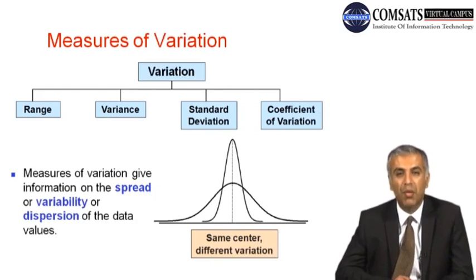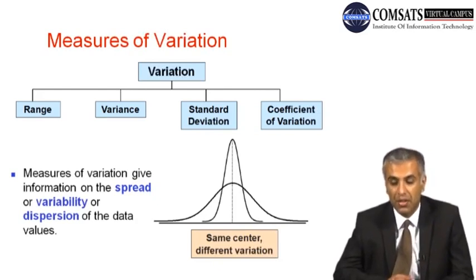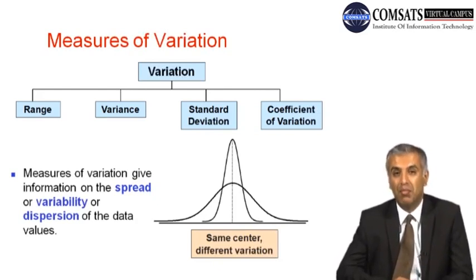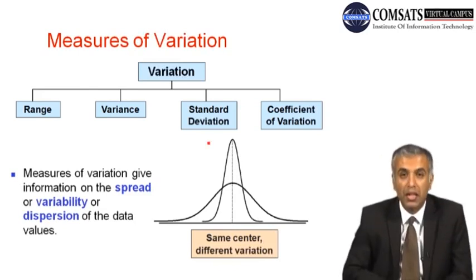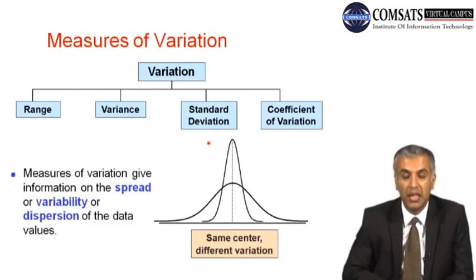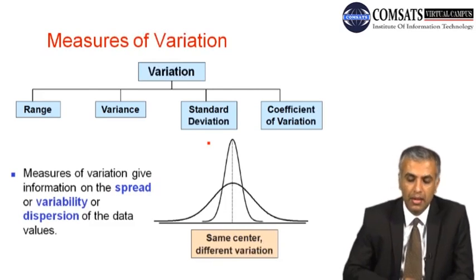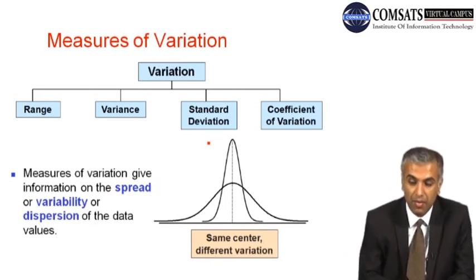So the central point, which is also the average or the mean, is the same, but the spread of the data is different. So from these two curves, you can see that we have discussed that they have got the same center, they have got the same mean, but the data spread is different. Now you can see here that this curve basically,